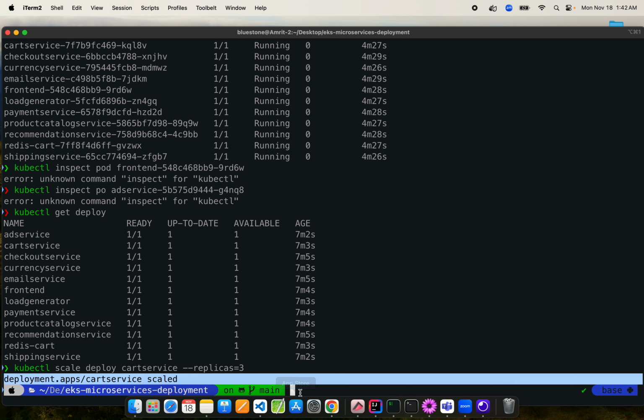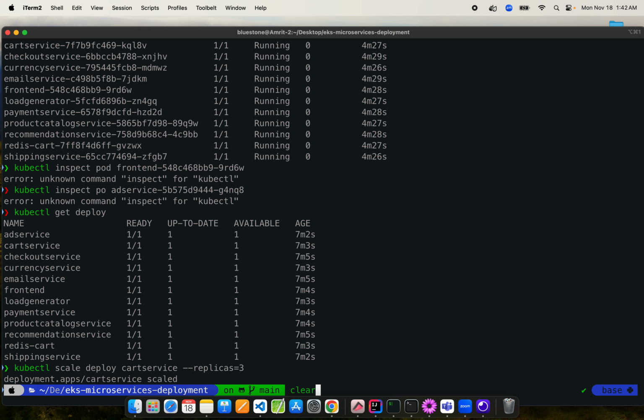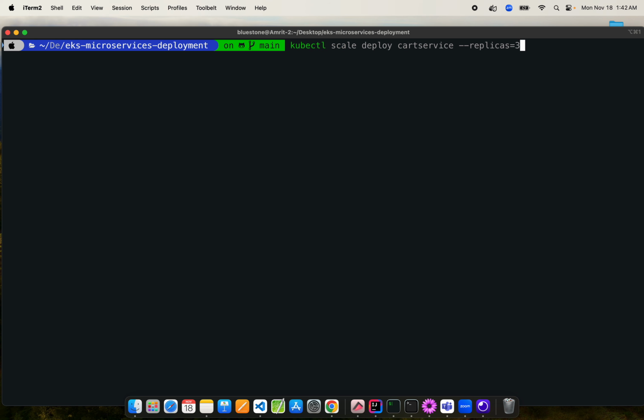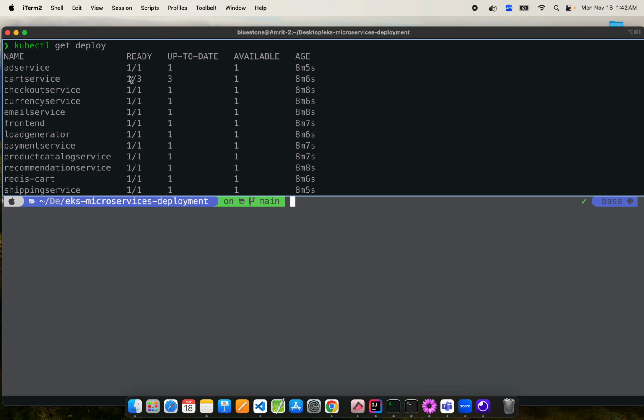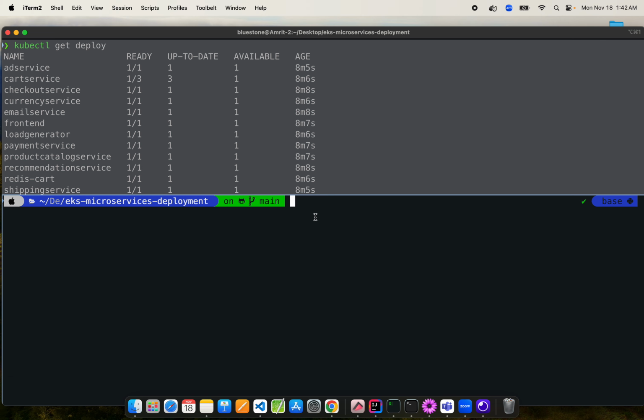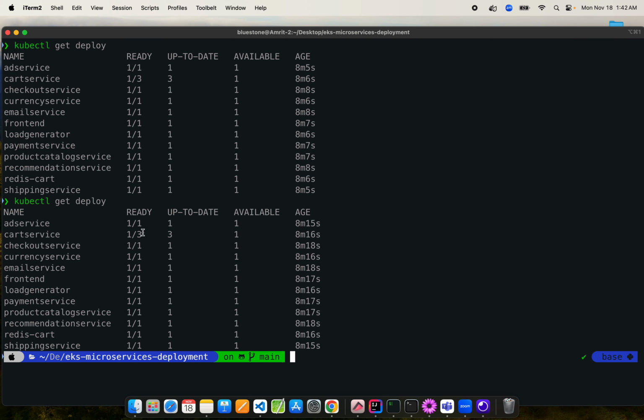Okay, now let's clear this out. Now if we do kubectl get deploy, this is going to create 3 deployments. Out of which one is ready. Then if we keep querying, this is going to be 3 out of 3. This is going to take some time. Now if we go back and say kubectl get pods,